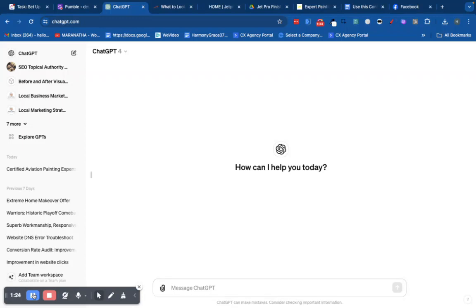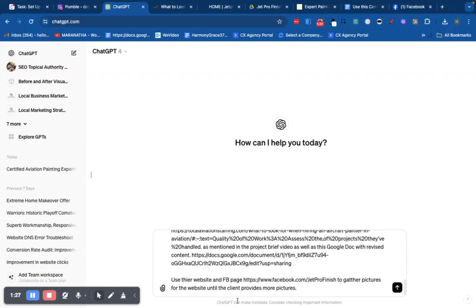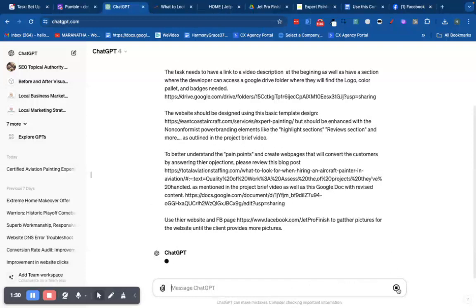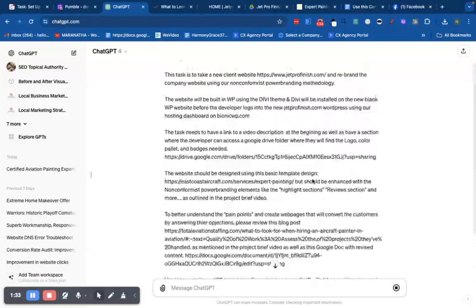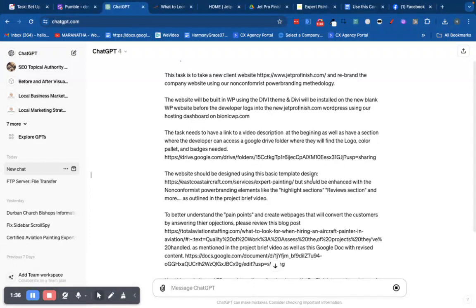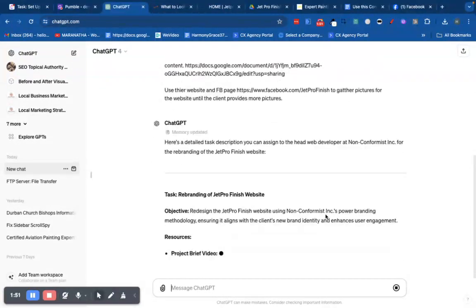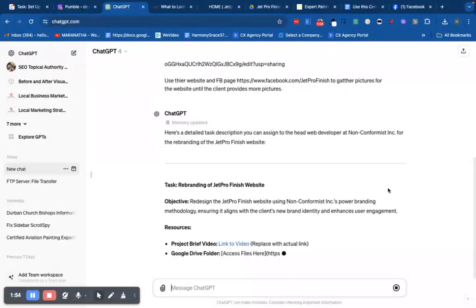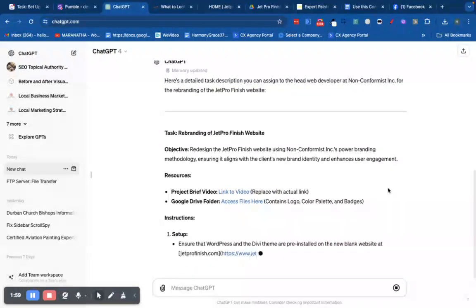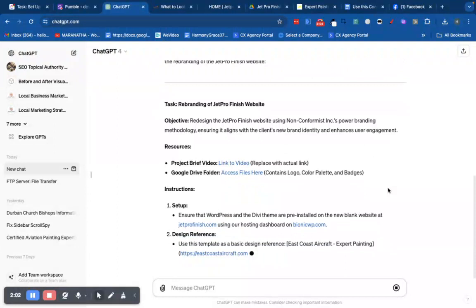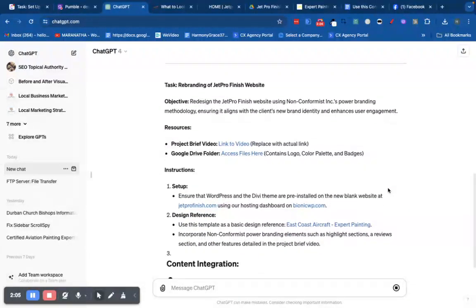So here goes. Okay, so here you can see I have created a task, and you can see I could probably just make this as a task in ClickUp just like this, but it would not be very easy to read or understand or beautiful. And so I always use ChatGPT to create my tasks because they are really easy for the rest of the team to follow. And so as project manager, this is probably one of the most important steps in putting everything together